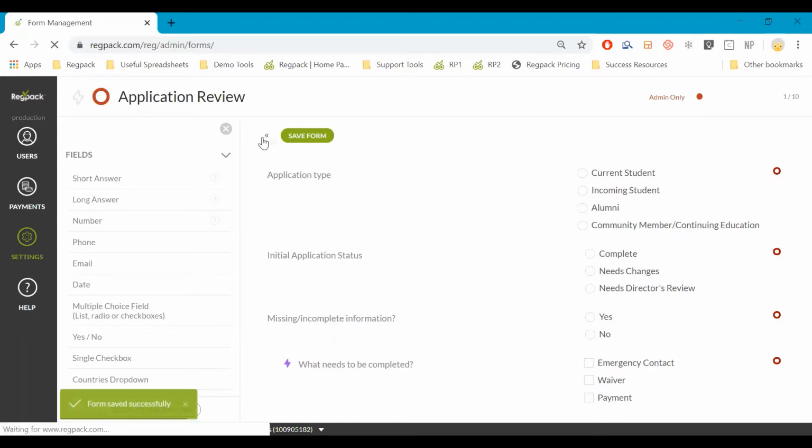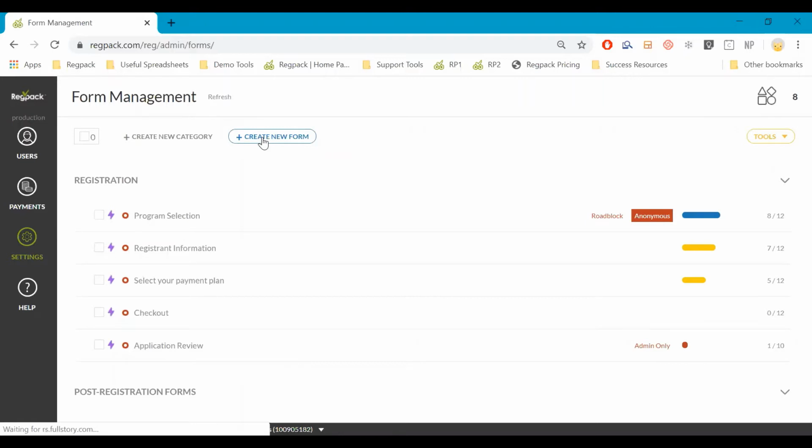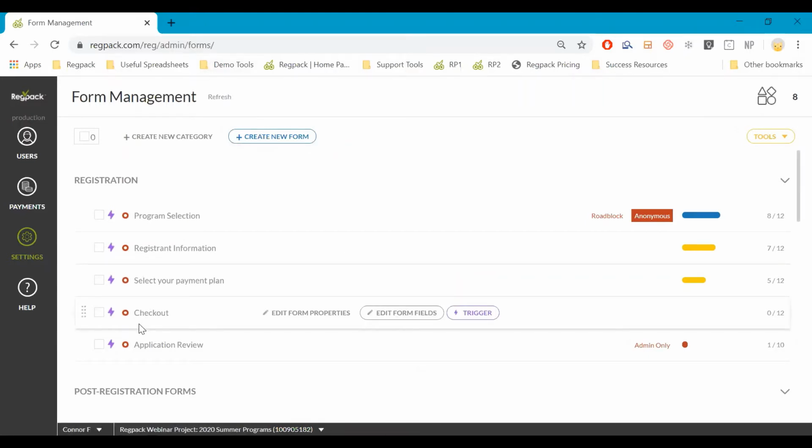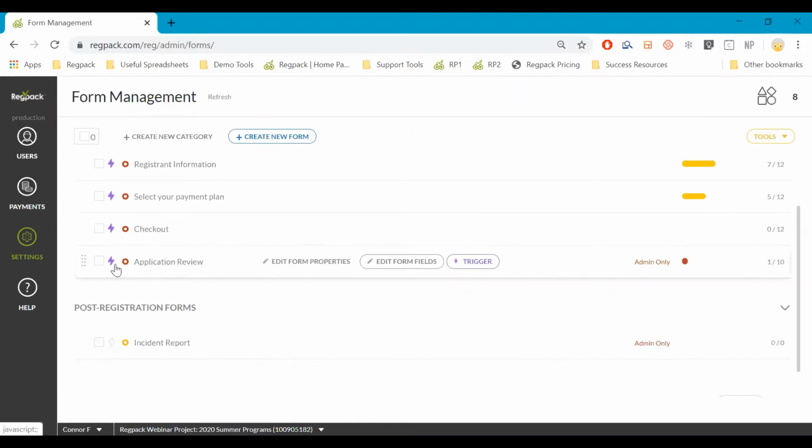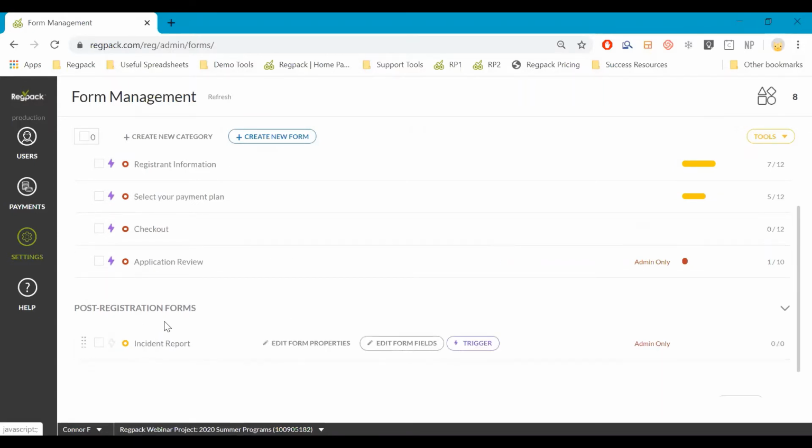Before I go into the basics of how to set that up, I do want to add one other note on the setup part: you have the option of whether or not you're going to trigger forms. I also have an incident report form example here, which I don't have triggered automatically, because by default we're not expecting that there's going to be an incident report,